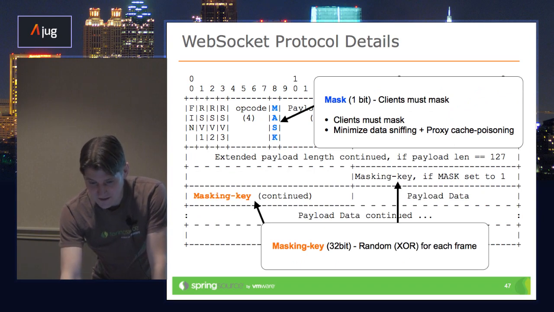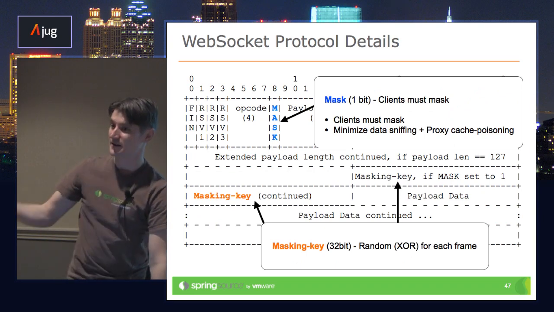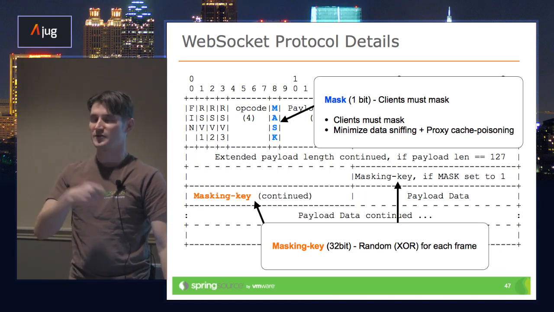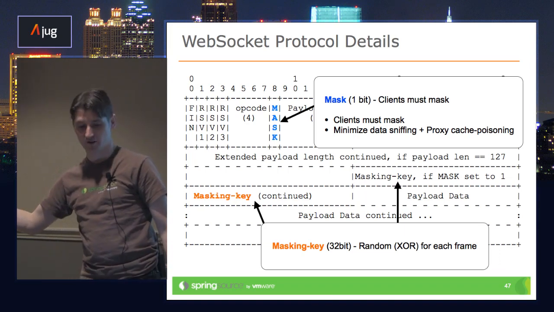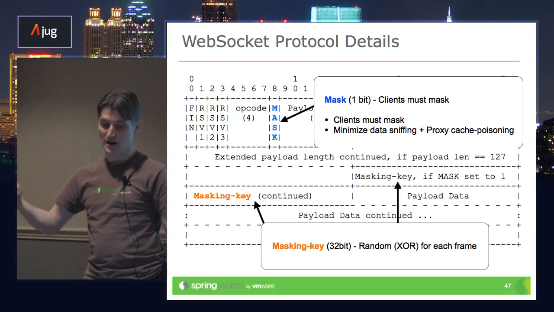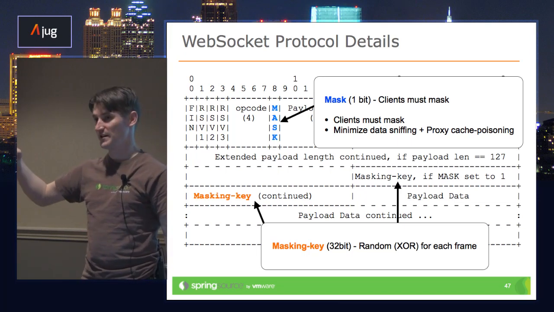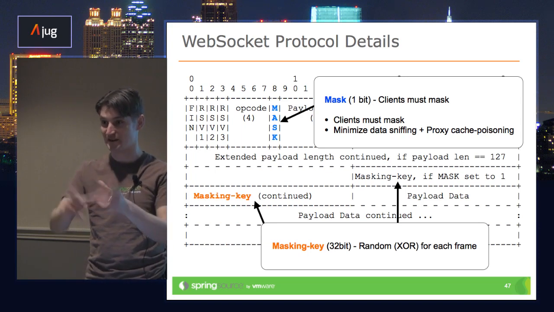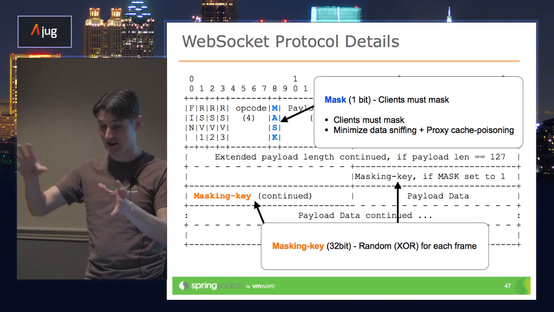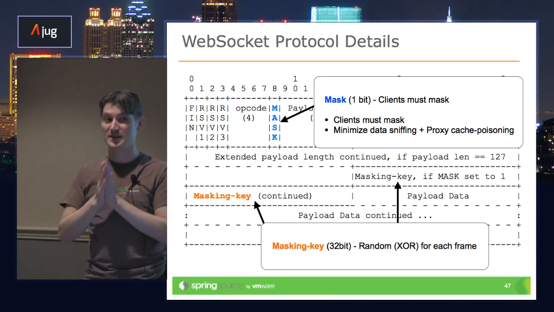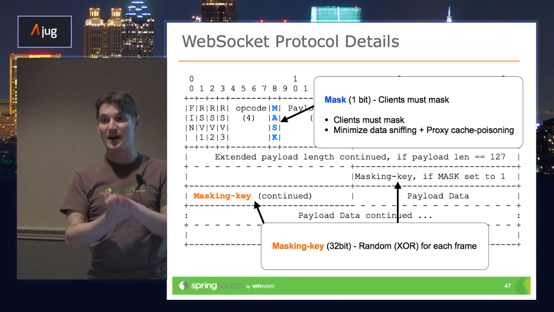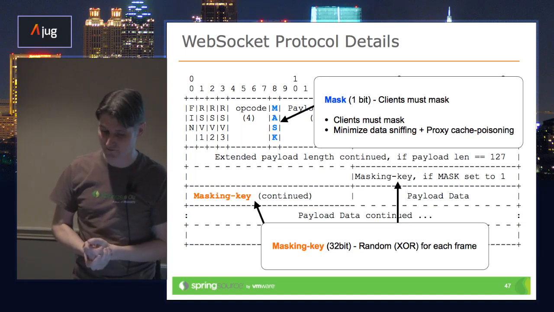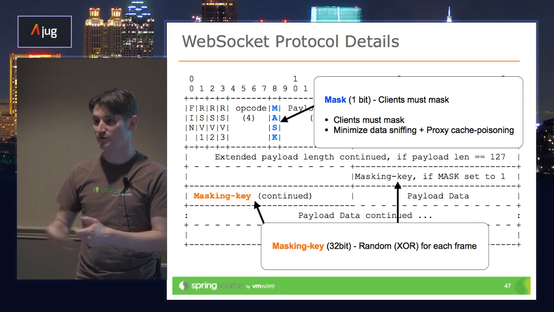We can do a mask. Clients need to mask the data. That was one of the changes throughout the drafts of the WebSocket protocol: apparently some proxy servers, if you didn't mask, could technically be hacked by passing real HTML data or HTTP header information within your packets, and the proxy server might actually interpret that data. So clients must mask, but the server response may not.